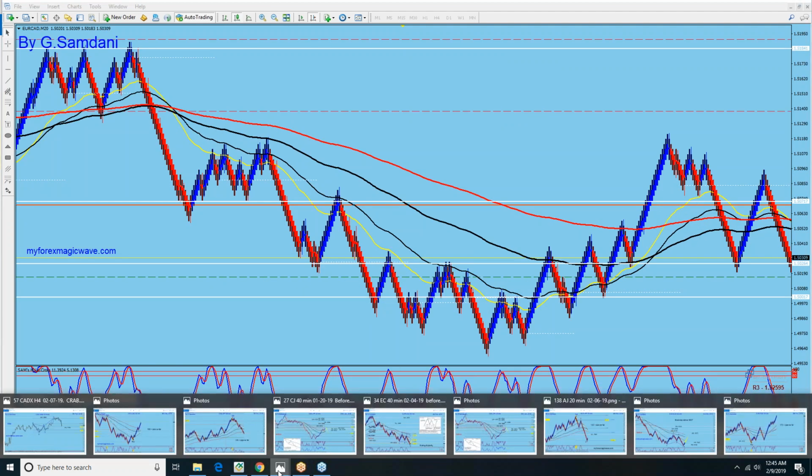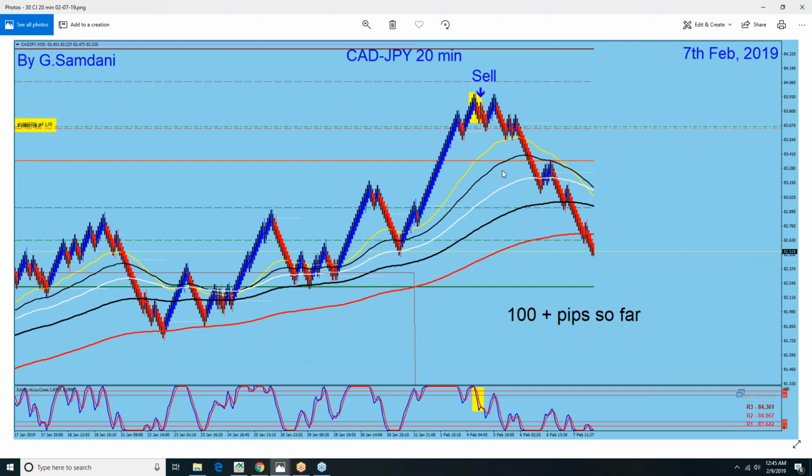Similarly, CAD yen, where's CAD yen? Remember that CAD yen is supposed to go down. Here, obviously, if I had gone short here, no loss, because if I move my SL here, the price comes out, takes me out, no loss. Here, again, the same story, short, but I wouldn't even go short here because I was expecting the short here